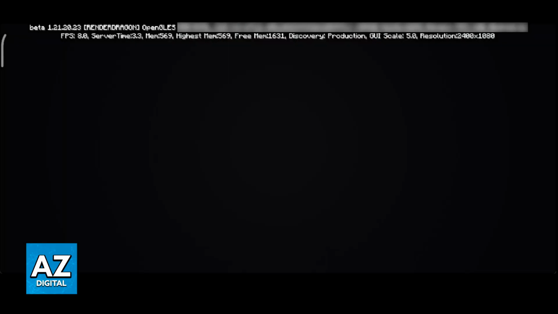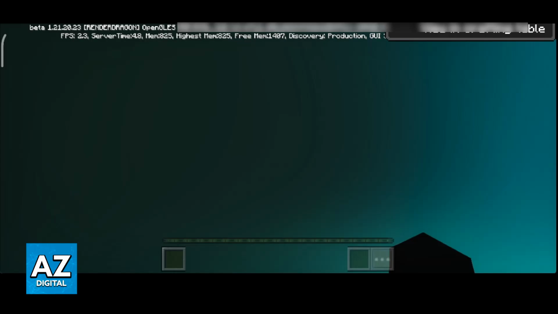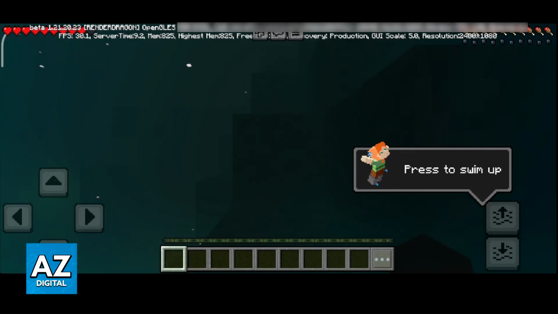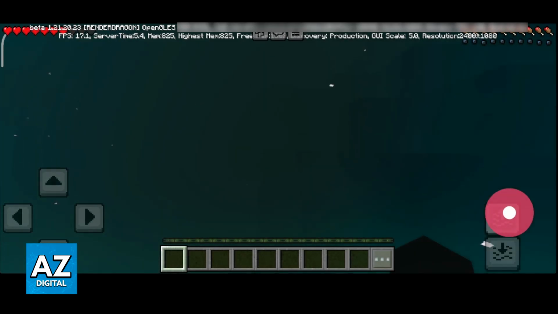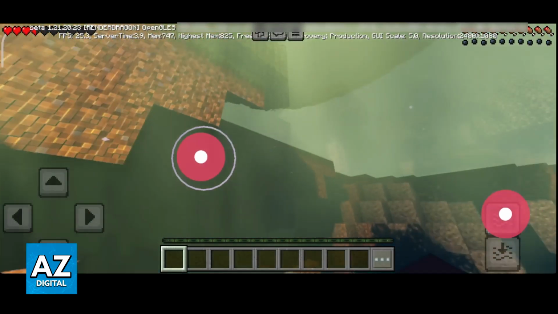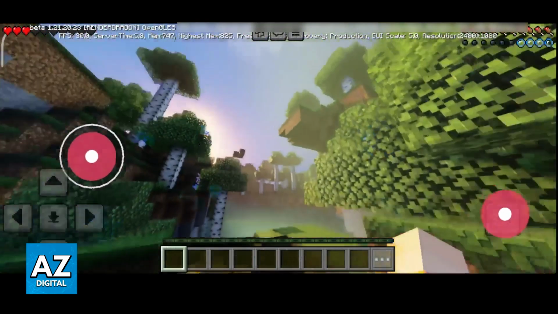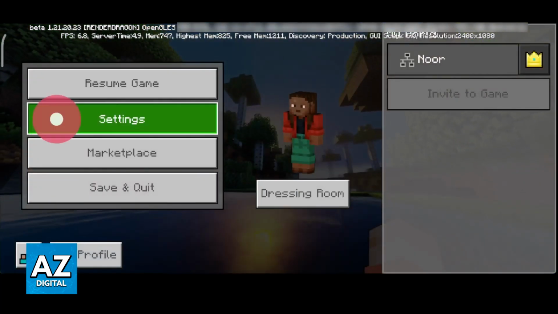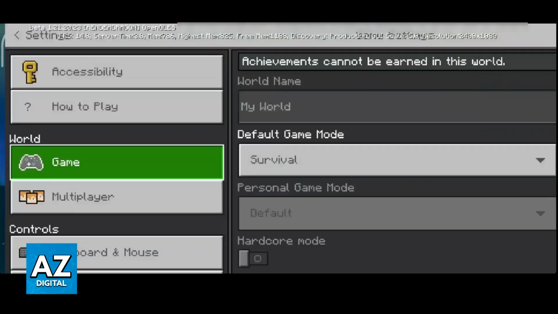So, if you notice that it takes a while to load in, it's actually because the shaders have already loaded. So as you can clearly see, the game is stuttering, but once I do load in, I'll be able to show you that the shaders are set up. I actually spawned underwater, which is very unlucky, but you can clearly notice that the shaders are here and they are beautiful. Now, if they don't work right away for you, open the settings of the game, go over to